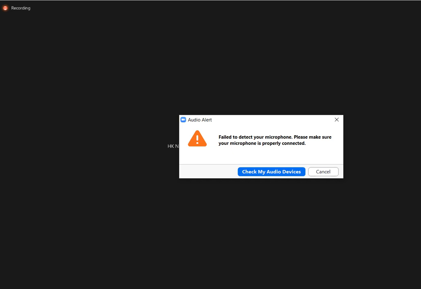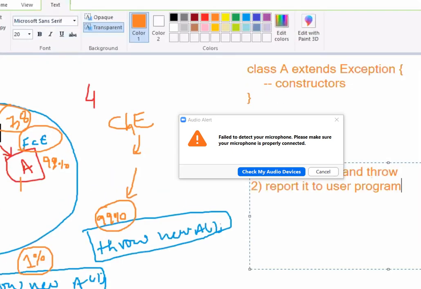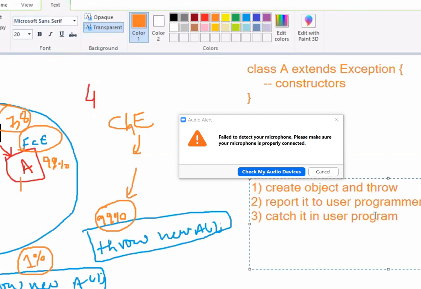Report it to the user program. Next, third, catch it in the user program. Right? Only three operations: create and throw, report it to the user program, catch it in the user program. Then create object. If you use create object now,